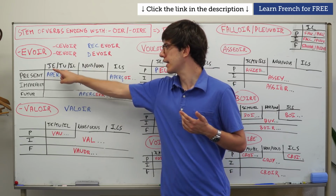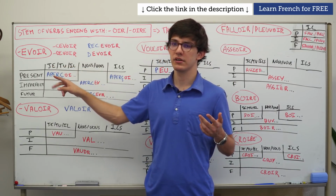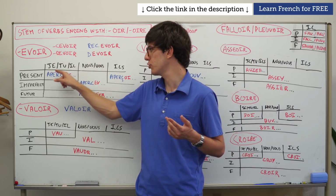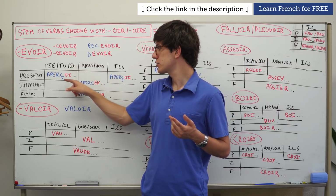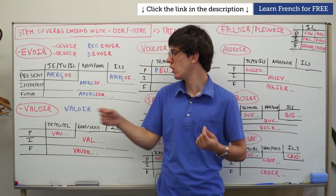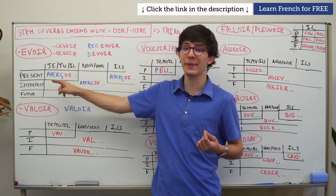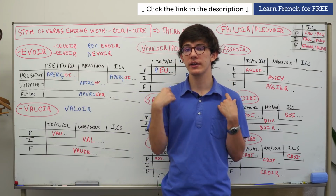So usually it's S, S, T. For many verbs from the third group, usually the ending is S for je, S again for tu, and T for il. So if you want to say j'aperçois, it's je, so S. If you want to use tu, tu aperçois, you add an S. And here, if you want to say il aperçoit,